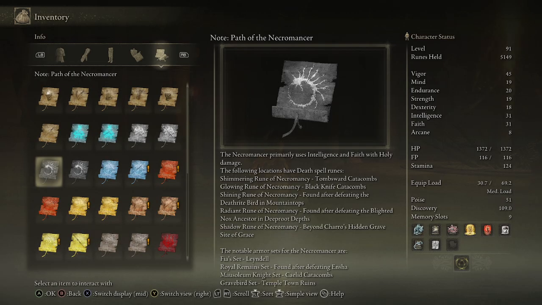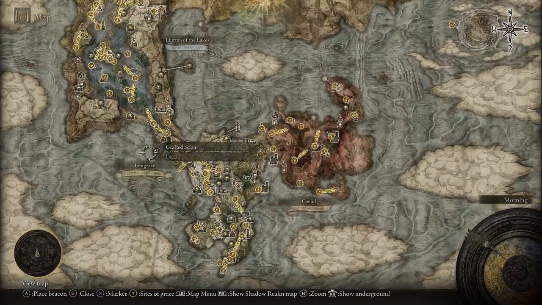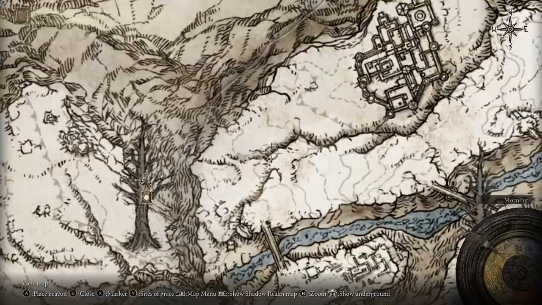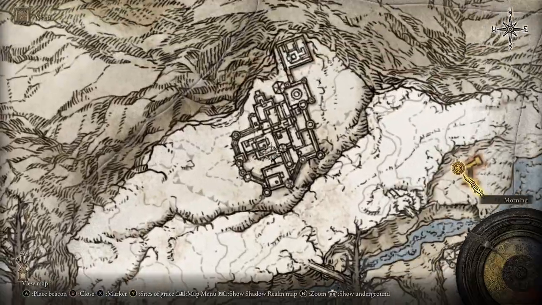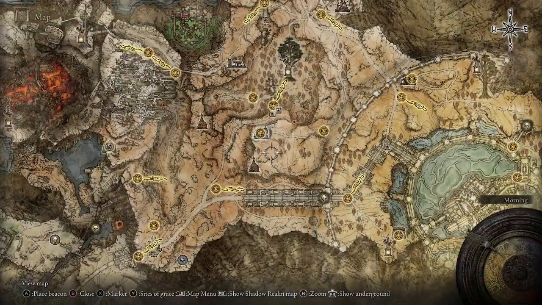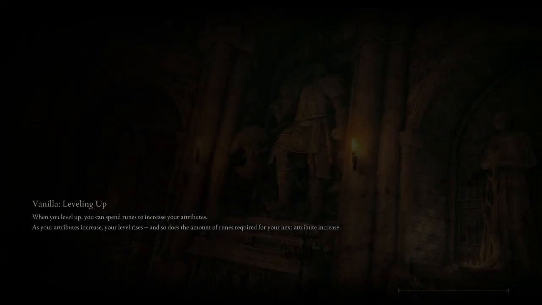And for the next one, the Shining Room, for the Necromancer, would be found after defeating the Deathrite Bird in the mountaintops. So we can try and go and knock both of those things out. So let's head over here. The Deathrite Bird is going to be like over here on your way down to Castle Sol. You'll pass it. And then the Sainted Hero's Grave, I killed the Black Knife Assassin out in front in an